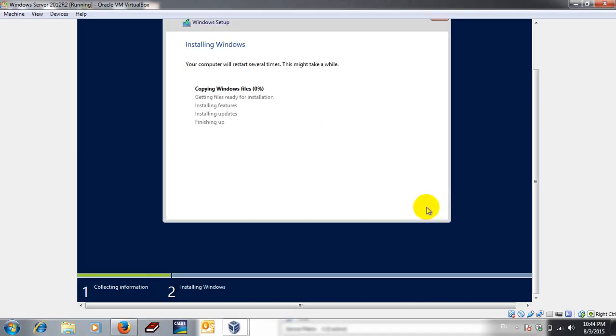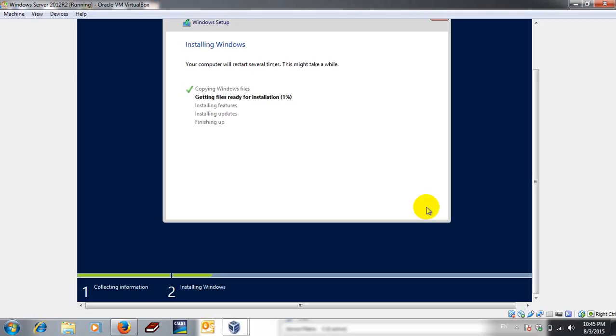In this process, it's copying Windows files to the hard drive. It takes about half an hour or 1 hour to copy the files to the hard drive. Okay, we wait altogether until it is done.